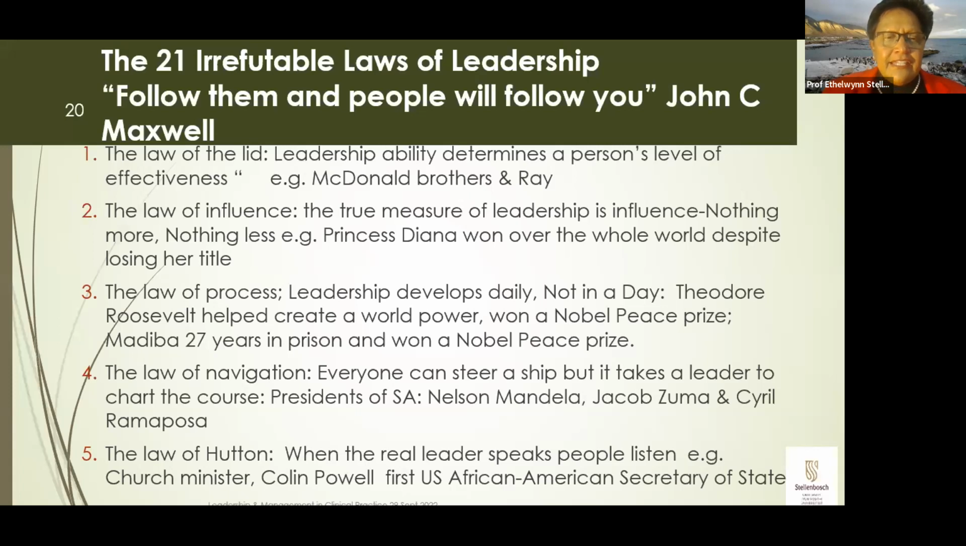Now, this law of the lid, some of us tend to crawl into a cocoon. You know, we have the lid on. We don't seem to lift the lid and expand ourselves and think about how we can do things better, or what we can do. And I'm going to give you the example of the McDonald brothers and Ray. Now, he describes it in his book, John Maxwell. McDonald's, as we all know it,